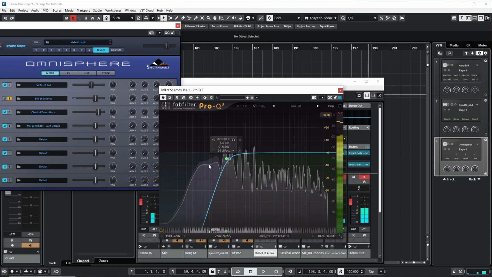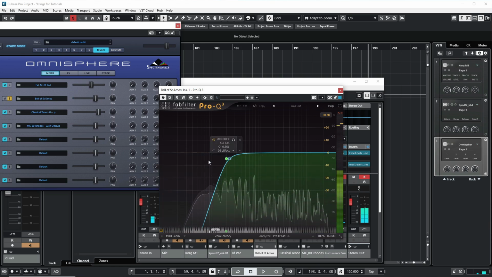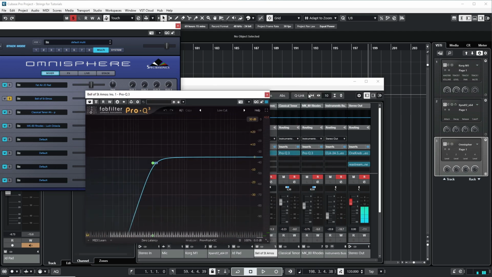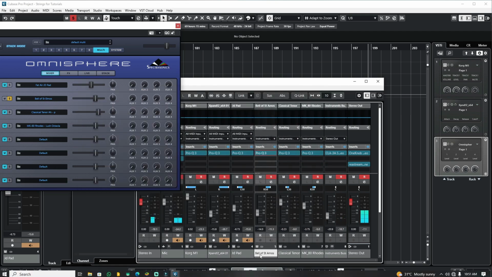Because if I leave all these low-end things in my system and you play through a phone, it's going to vibrate the phone. That's why I cut these low ends, keeping only the mid side. So that's what I did for the bell of Amos. It's very heavy, so I pan it to far right. That's around 50. That's the panning that